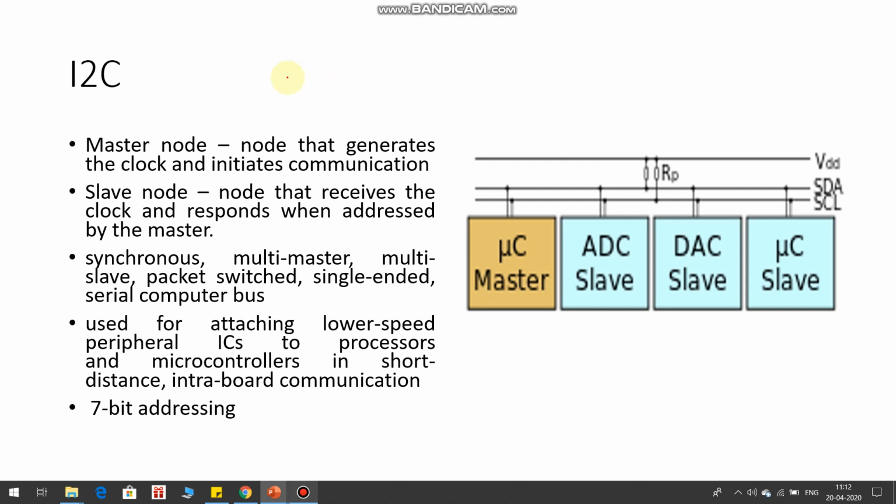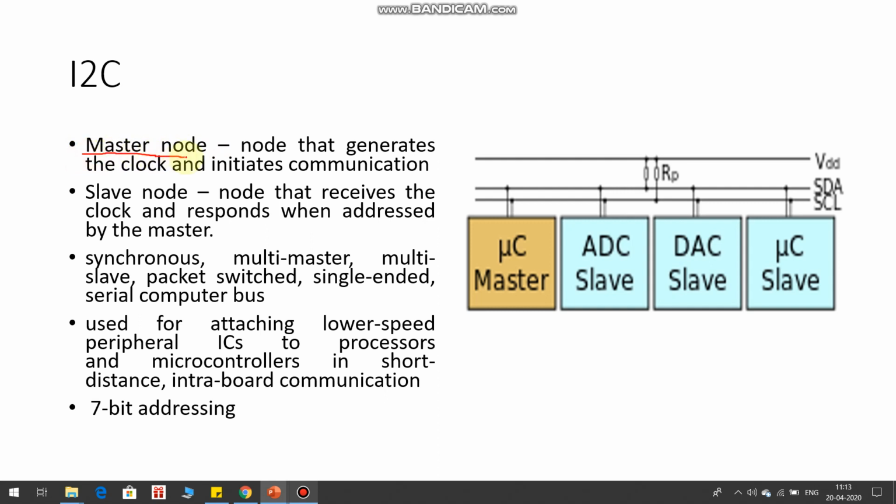Let's see the fundamentals of the I2C protocol. I2C protocol works under master-slave mode. In I2C, the devices connected to this bus are configured as master and slave. The I2C protocol allows us to configure one or two devices connected in the bus as master, and we can also configure multiple devices as slave. So before going into the details, we will see what a master node is.